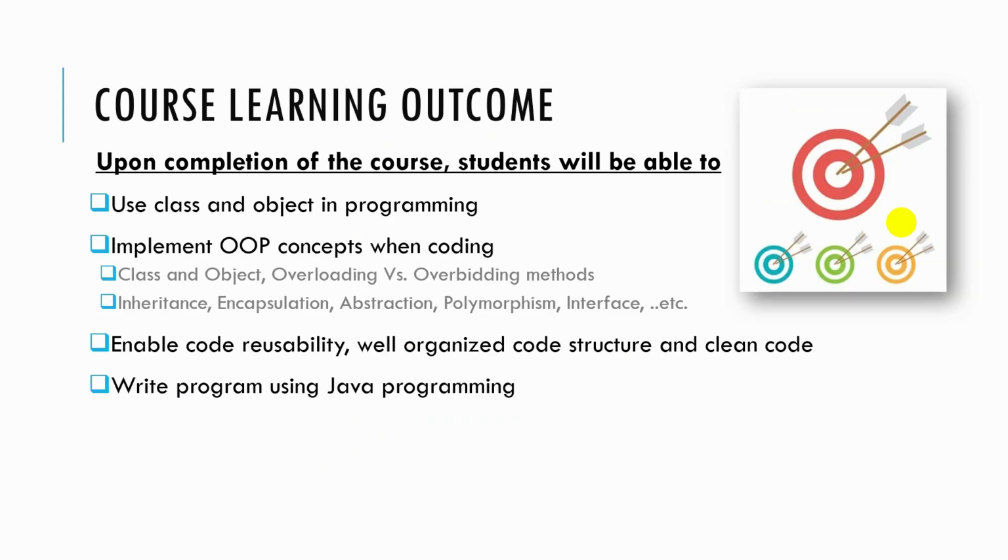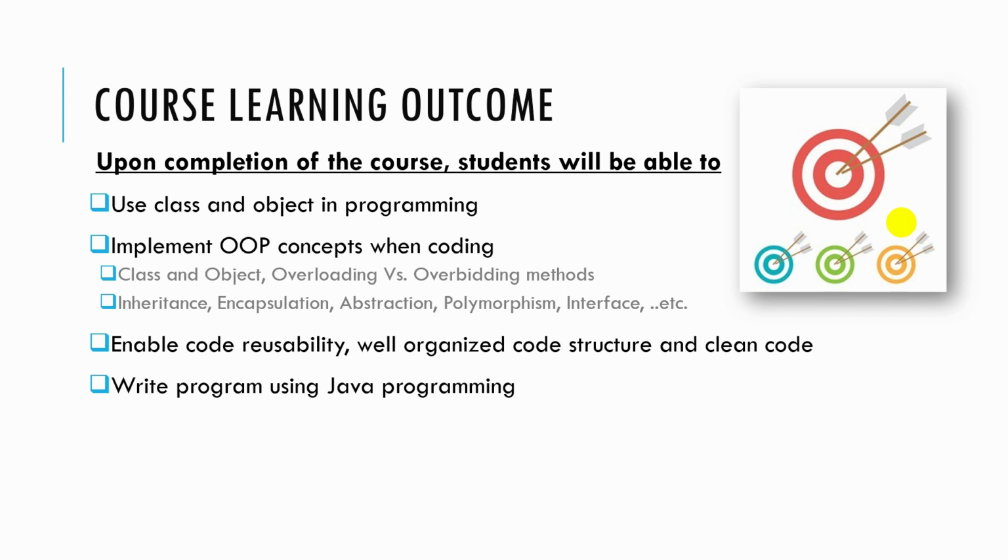And next is about the course learning outcomes. Upon completion of this course, students will be able to use class and object in programming. In this case, we will use Java programming for our testing, practice, or lab work, for examples. Mainly, we will implement the object-oriented programming concepts when we write our programs using Java, including class and objects,